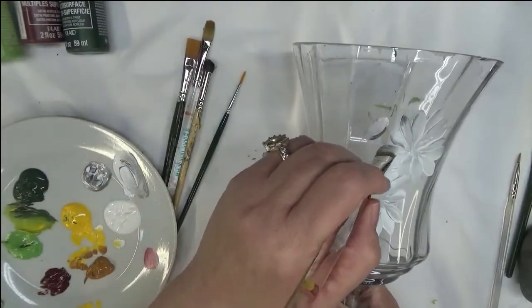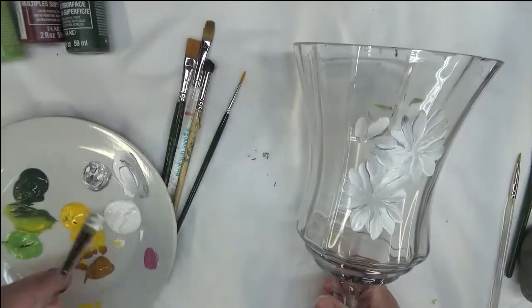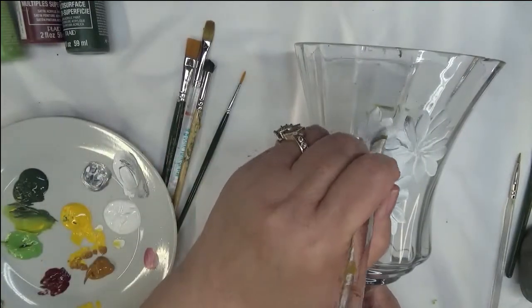Alright, let's just do this. Again, it's just going to be very easy. My designs are meant to be easy,